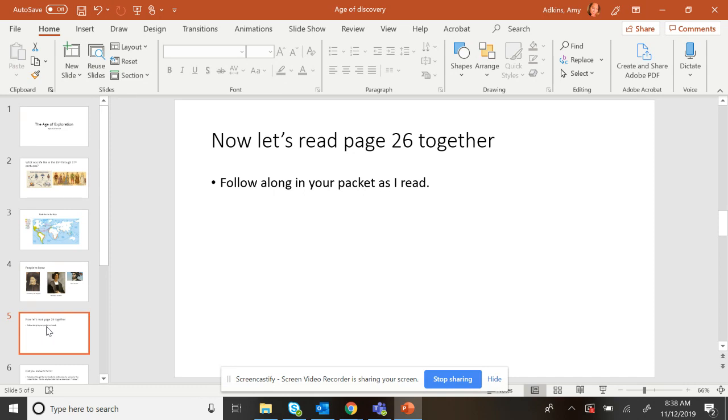Now, on your own piece of paper, please answer the questions on page 27 and page 28. And remember that for questions number 5 and 6, I expect to see complete sentences answered. Also, make sure that you answer in at least 3 sentences minimum for each of those questions. If it asks you for text evidence, please make sure you use quotes.